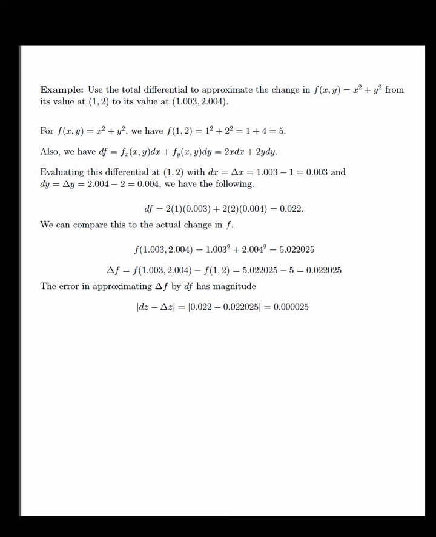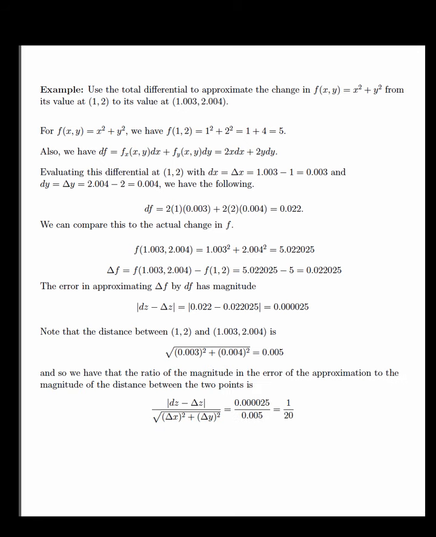0.022025. This evaluates to 0.000025. Note that the distance between the point 1, 2 and 1.003, 2.004 is, when we calculate it, 0.005. And so we have the ratio of the magnitude in the error of the approximation to the magnitude of the distance between the 2 points being 1/20. Thus, the magnitude of the error in the approximation is 1/20 the distance between the 2 points 1, 2 and